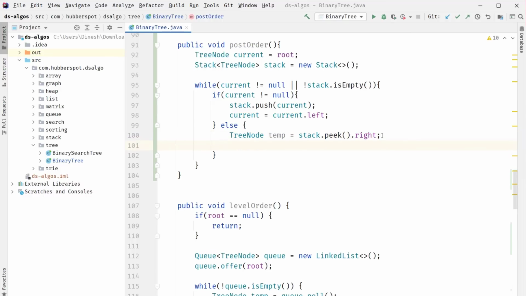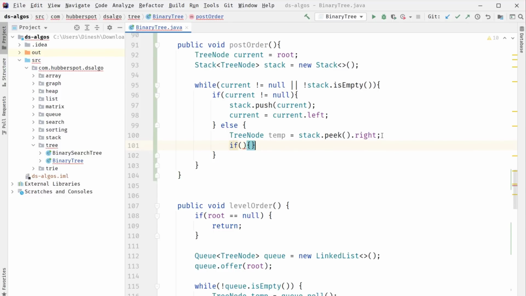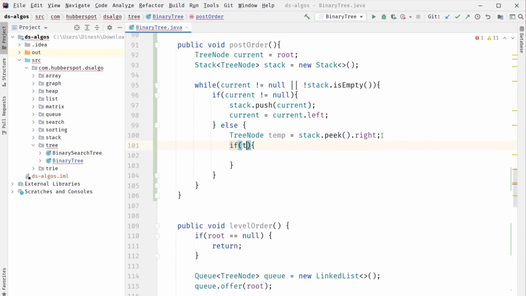So here, after getting this temp, there are basically two conditions. One is, what if the temp is also null? So this check basically signifies that if temp is pointing to null, and as we have moved to the parent's right and temp is pointing to null, it means that there are no right children of the parent.